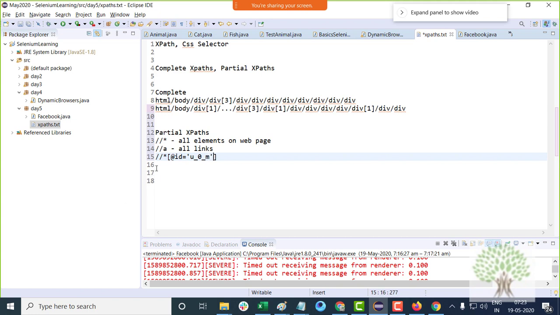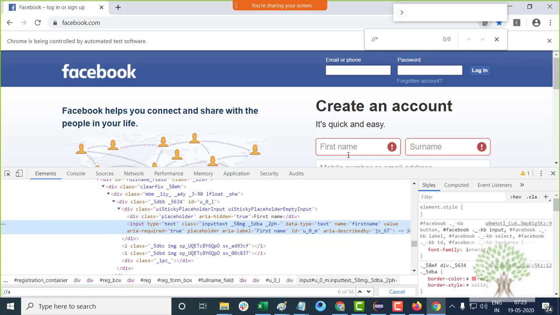Now, what is this? Double slash star means all the elements on the web page, so out of all the elements, get me the element whose ID is this. Or you can make it more precise.